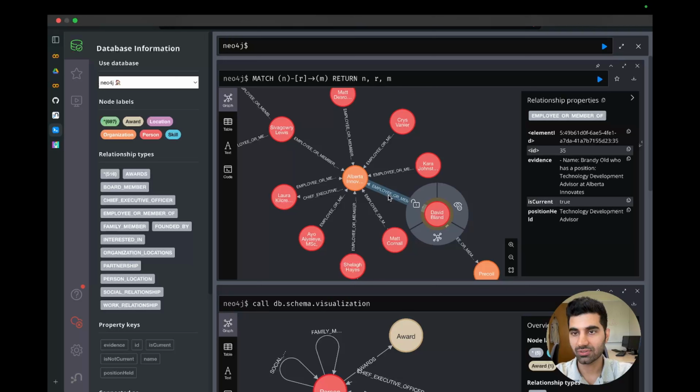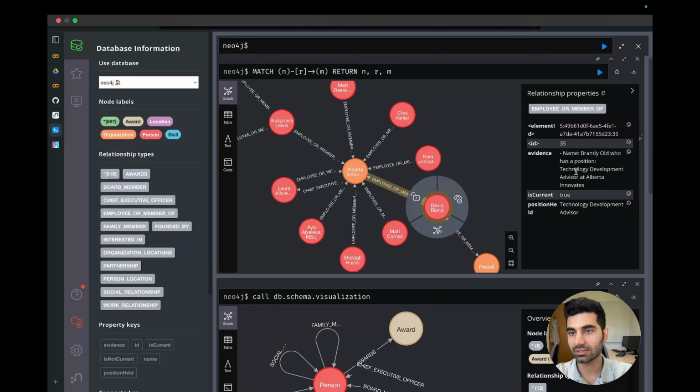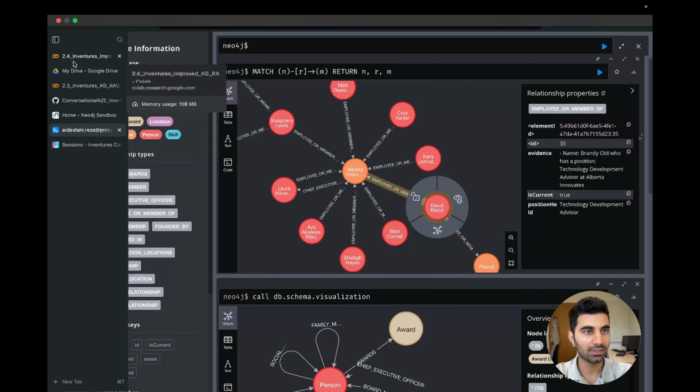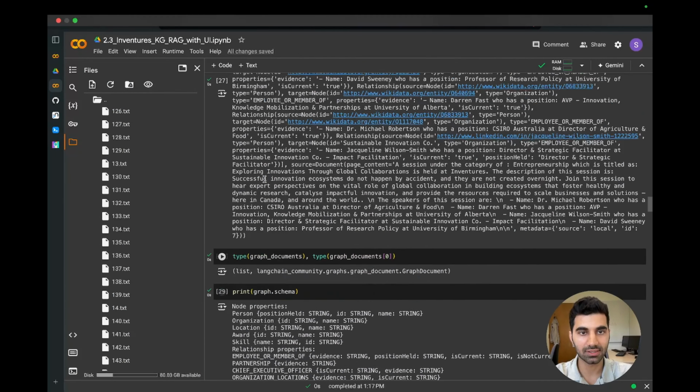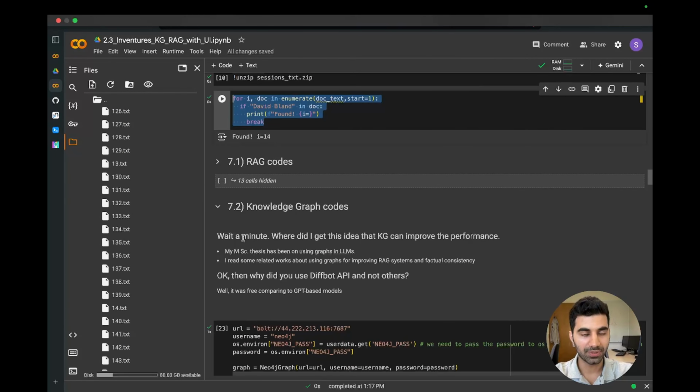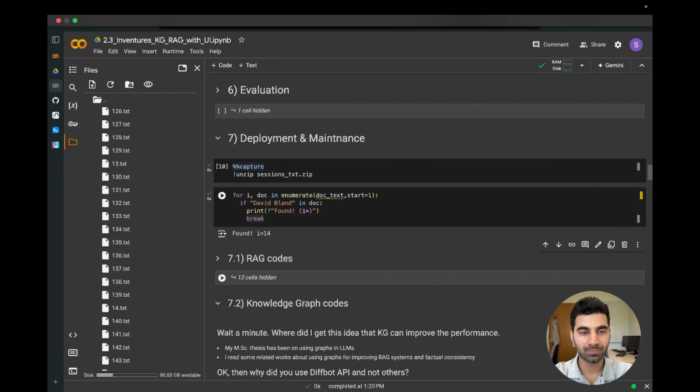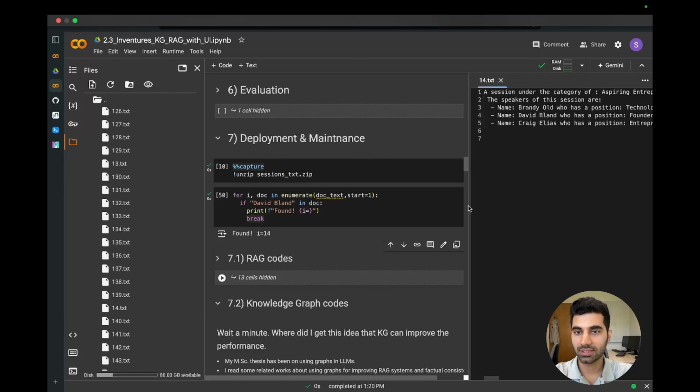And the evidence for this relationship, as you can see, is the name Brandy Old, who has a position of technology development advisor at Alberta Innovates. So it has got an evidence for David, but this evidence is for Brandy. So let's go to the documents and see why we have got this incorrect entity and relationship between David and Alberta Innovates. David obviously is not working there, and if we go through the documents and find the document that is